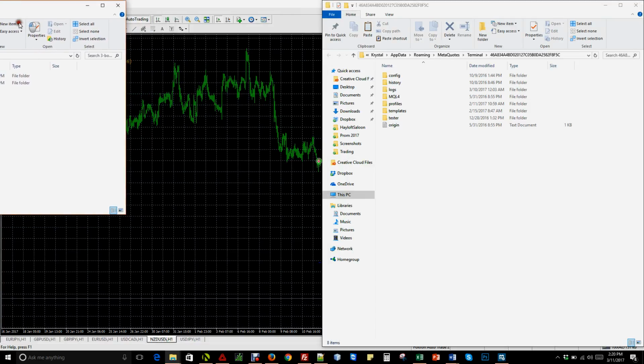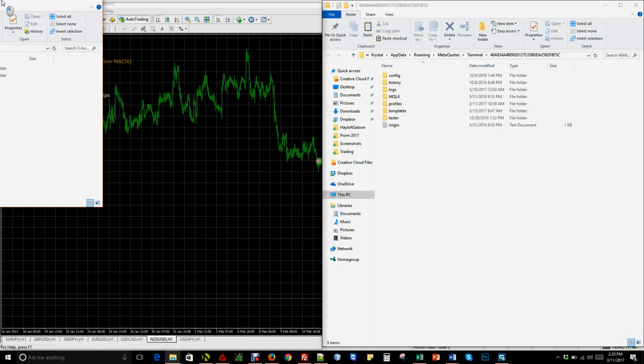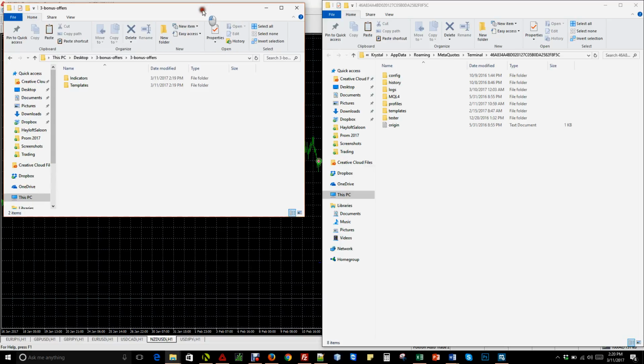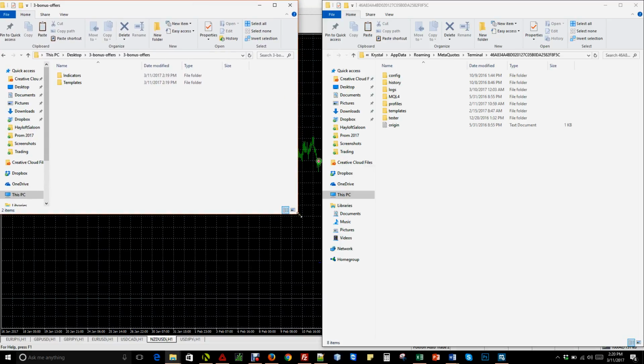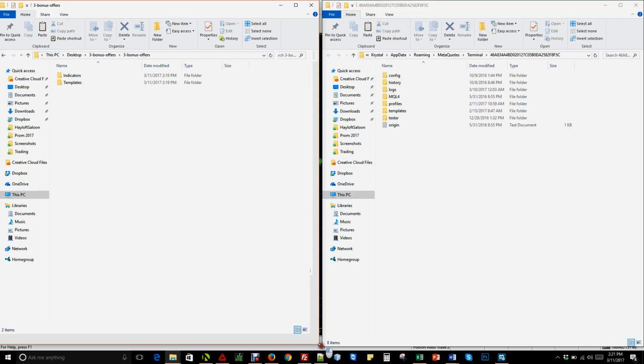Apparently it doesn't want to. Oh, come on now. Well, alright, let's just go ahead and do this. Okay, and this is the extracted file pack. Okay, so